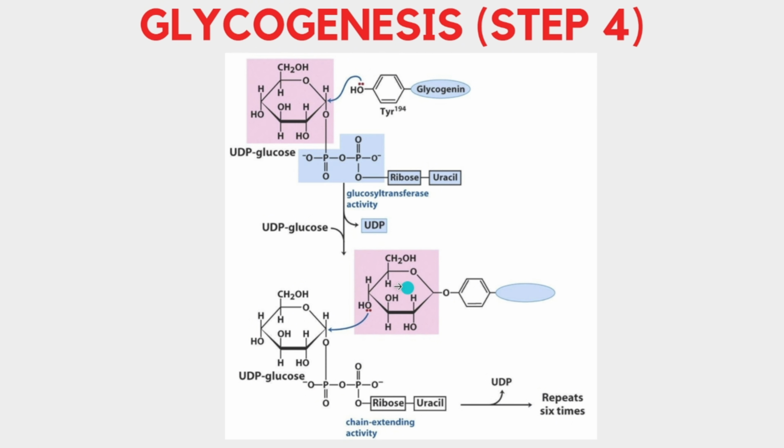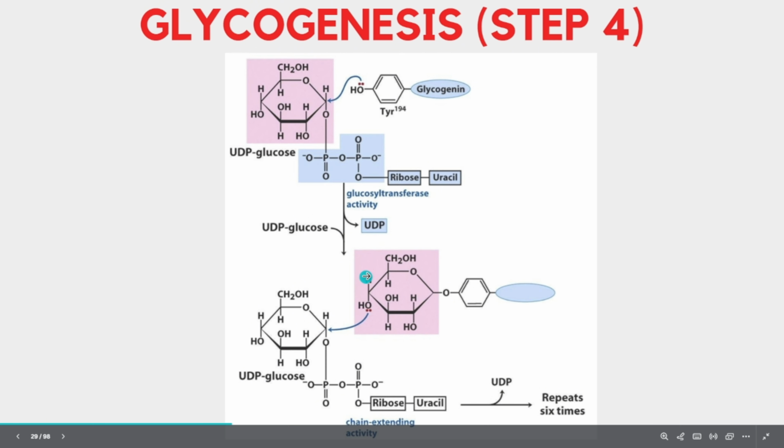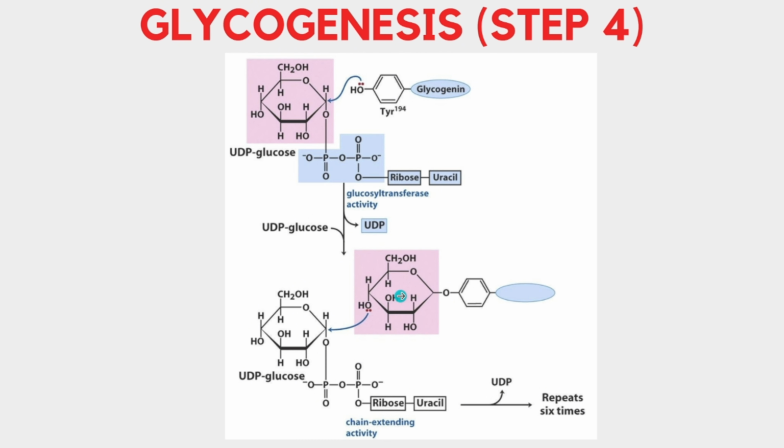This process will be repeated 8 times, meaning another UDP glucose will come here, and react with the hydroxyl group of the glucose here to form another